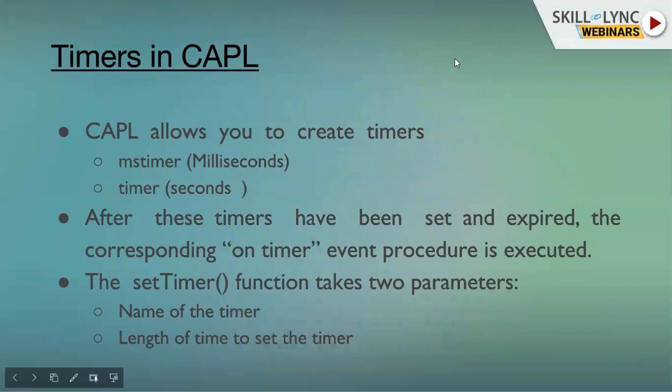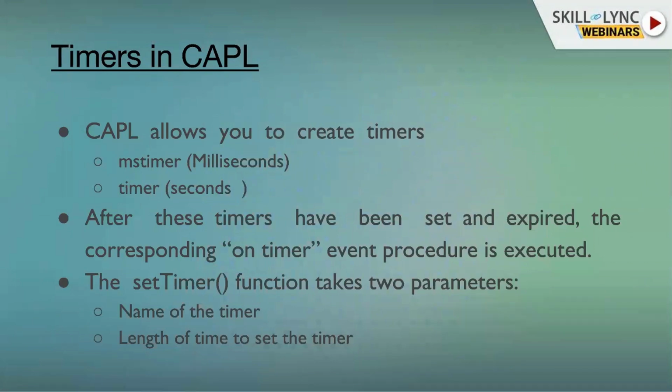Okay, so it's a timer. What are timers? We already discussed timers. We have two timers, ms timer and timer. Timer is in seconds, and ms timer is in milliseconds. Whenever we call one, it will wait for that time, and once it has expired, it will start working.